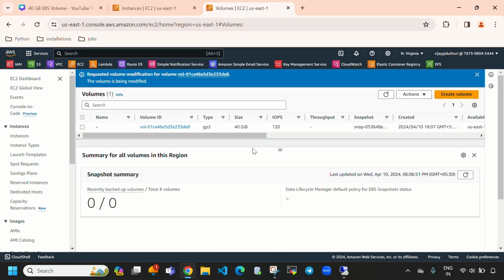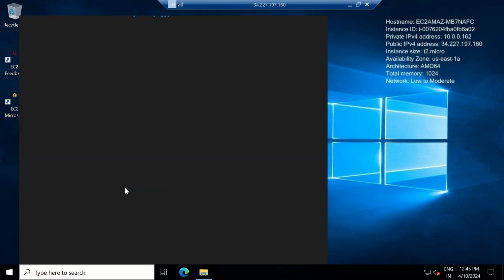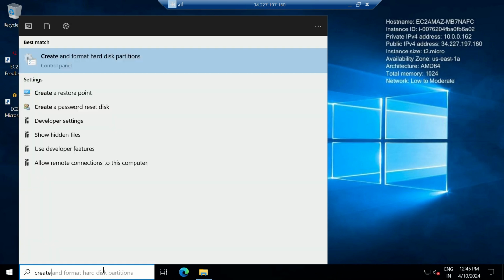We have extended our EBS volume, but we have not mounted our EBS volume in the Windows EC2 instance. So to mount that volume, directly search here for Create and format hard disk partitions. You need to select that, guys. Directly select Create, and it will show that. And here you can see you need to select Create and format hard disk partitions. You need to select this,